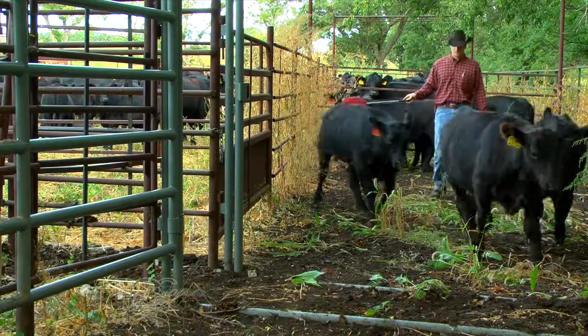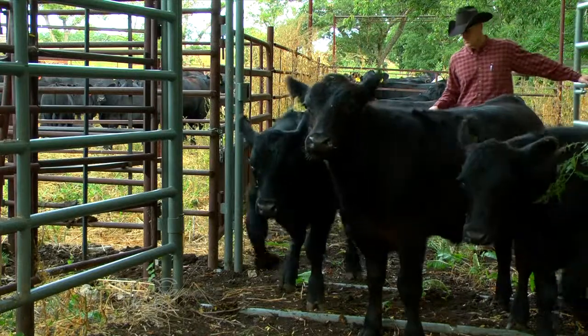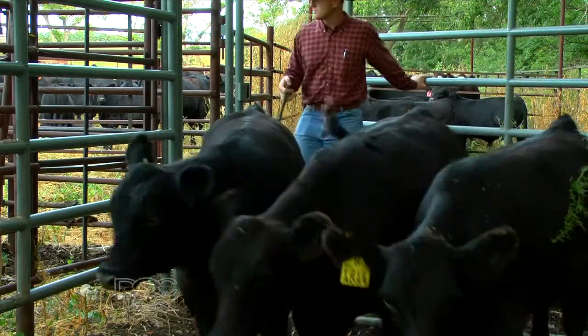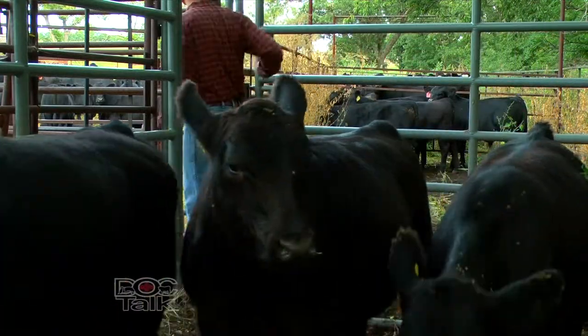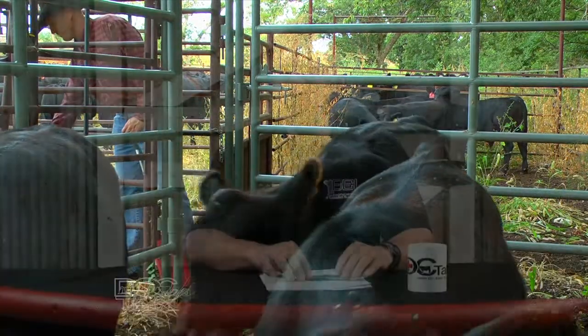Handling them with care, making sure our facilities are up to date. Gates are working. We don't have places where cattle slip. We aren't using hot shots, and we follow the BQA standards for moving animals, which is highly important. Once they get in the chute, we want to make sure that we're working with our local veterinarian to design